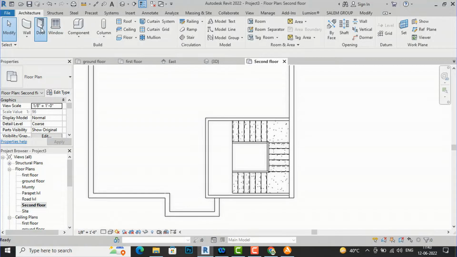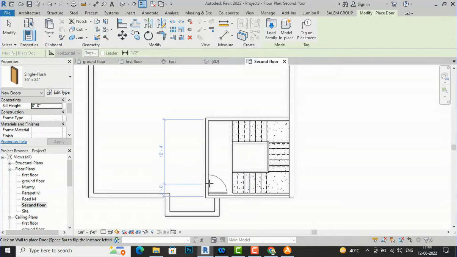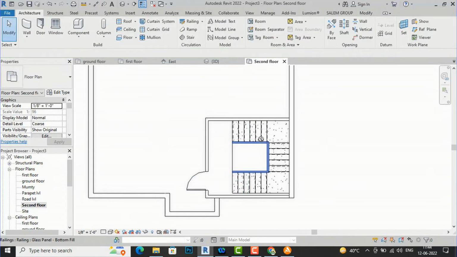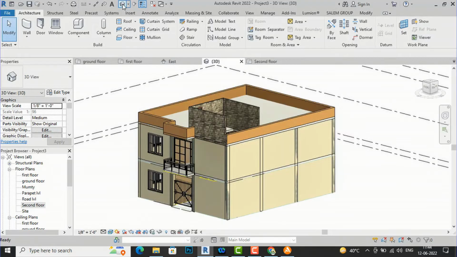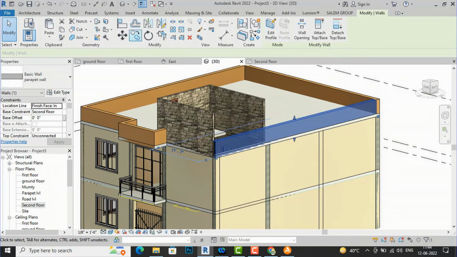Here you can place a door to the terrace. So this is a door, and let's see, this is our mumty. So we'll create the same wall here. I'm going to split this wall, and you can select this tool, split element,